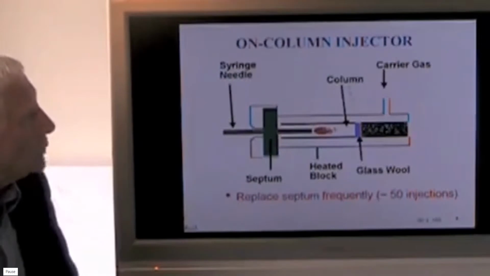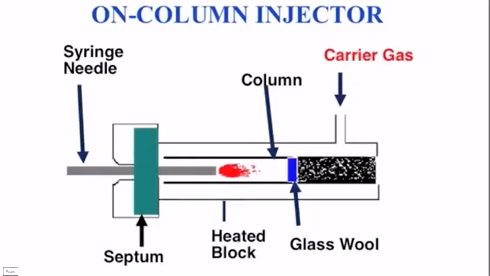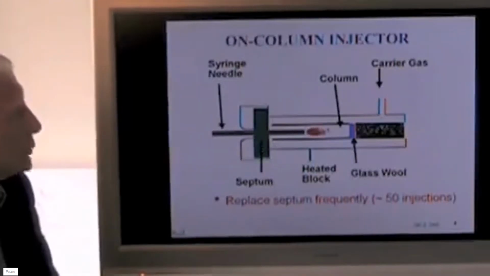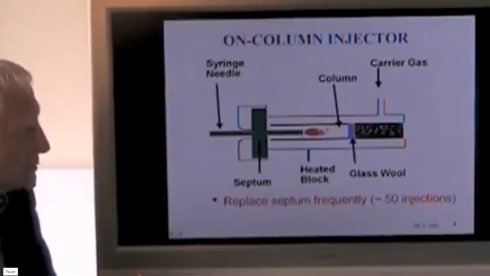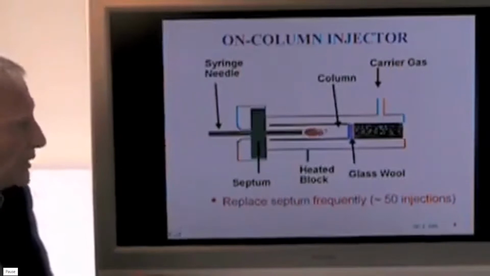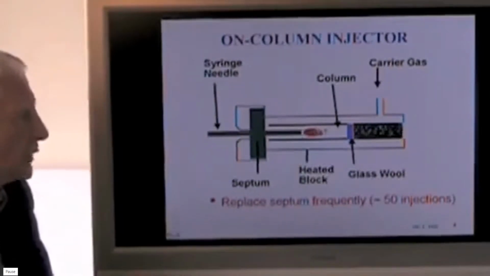Here we see an on-column injector where we have a packed column, with glass wool to keep the column in place. The carrier gas comes in here, passes up around the septum onto the column. The septum is a high-temperature polymeric material which can be pierced repeated times. The syringe needle here pierces through the septum, displaces 1 microliter of a solution of either solids or liquids into